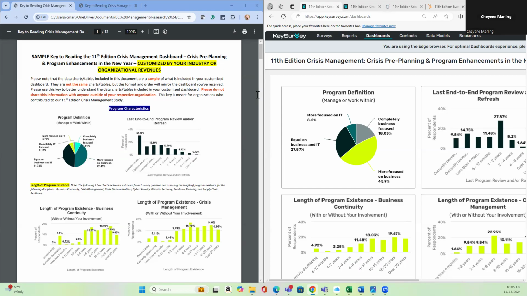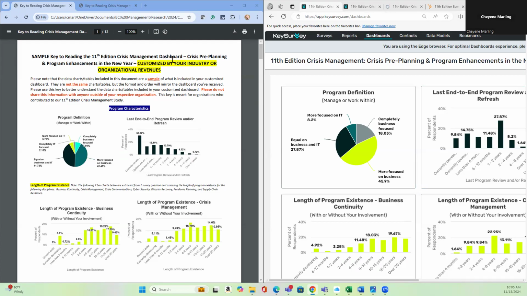For your kind participation, you did receive two dashboard links that were embedded in the email that you received, as well as two attached keys, one for each dashboard, to help you read and understand the dashboard links that you received. Now, here on the left side, you can see this is a sample key to reading